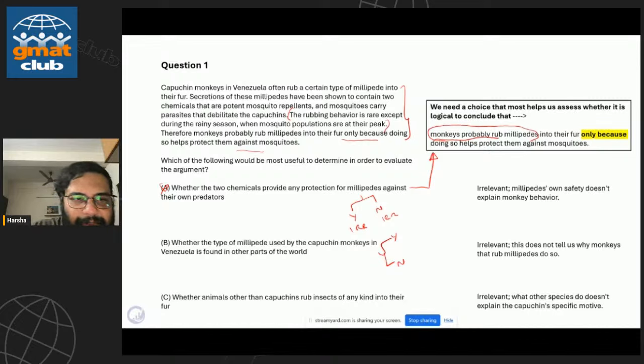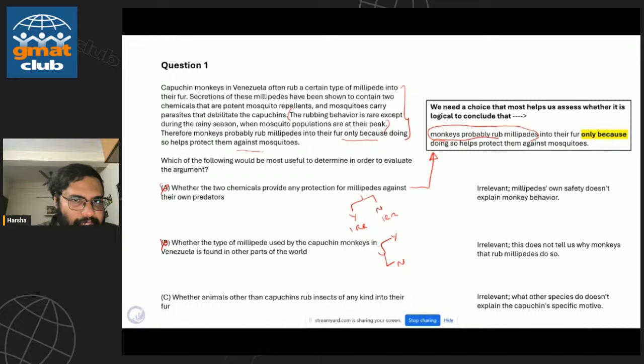So that's why B should be wrong. And I do see a question. Hey, Naman, rejected it. I rejected choice A because it's already given that those chemicals... I wouldn't reject it for that reason. Good question, Naman. I would not reject it for that reason because it's given to you, of course, that